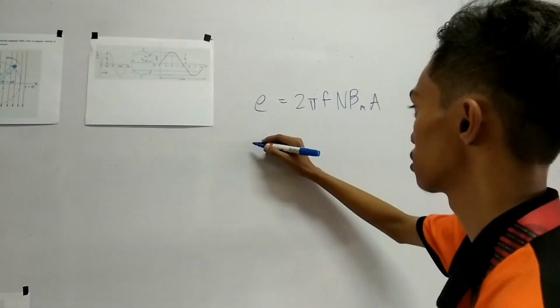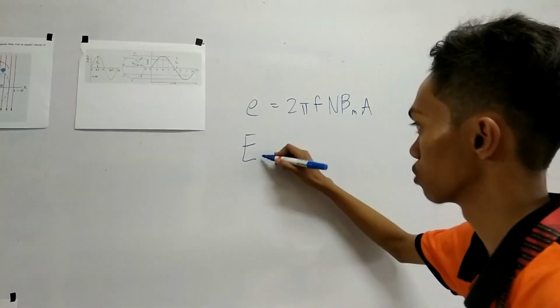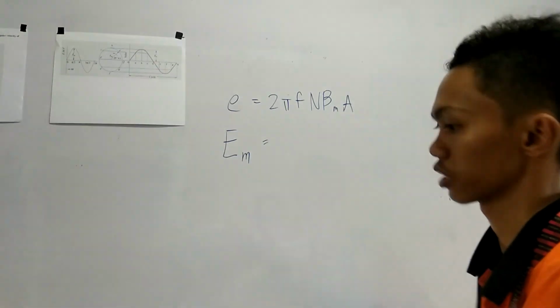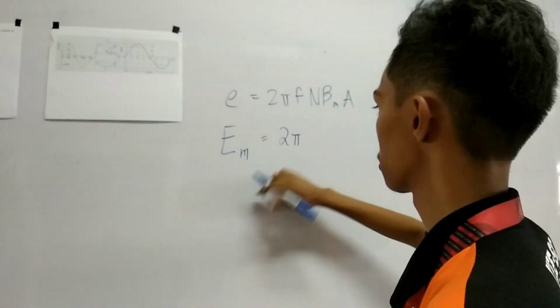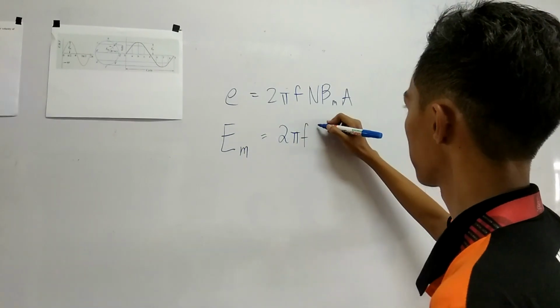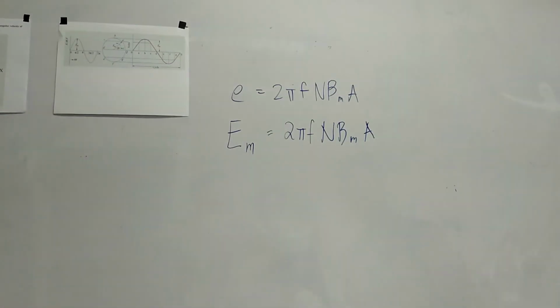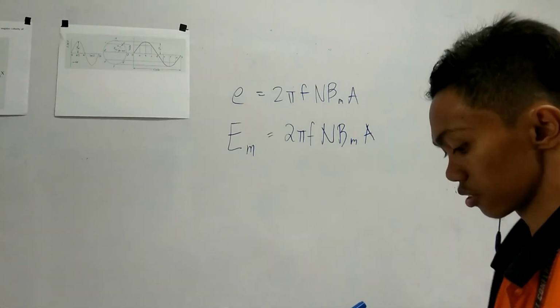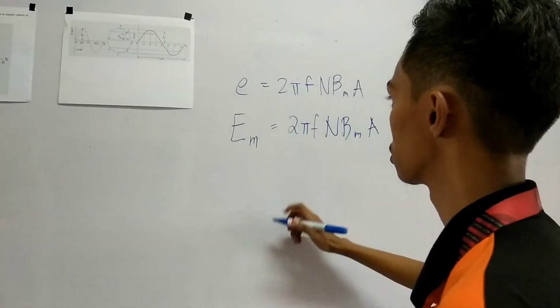We shall define this, since this is in maximum term, as the maximum voltage or EMF induced. So E sub m is equal to 2 pi f N B A. Now, substituting this value from the original equation,